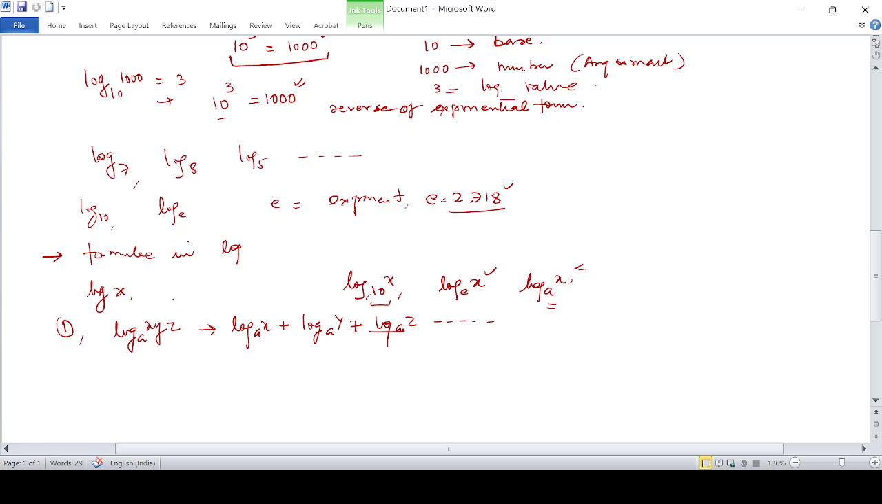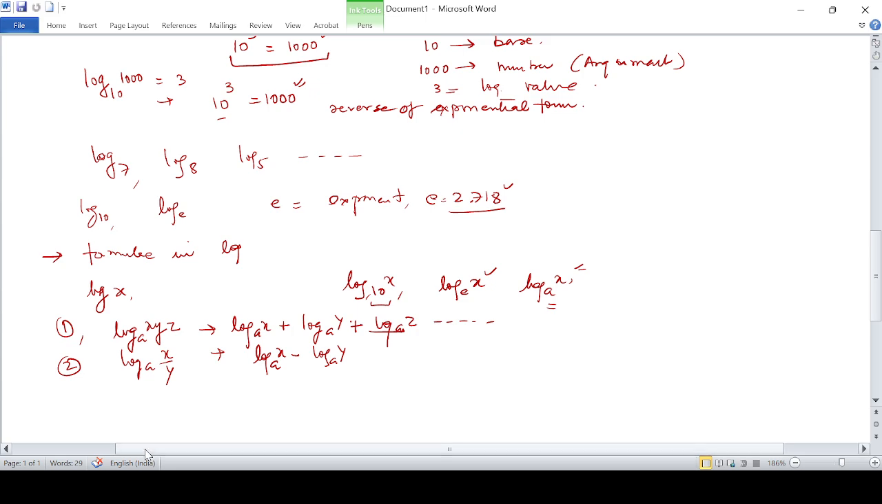Now, number 2: log_a(x/y). So, what will happen? They subtract each other: log_a x minus log_a y. This is the second formula. These are the important things, but the most important thing which you have to understand,